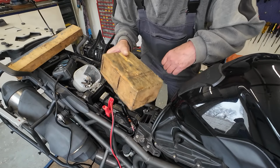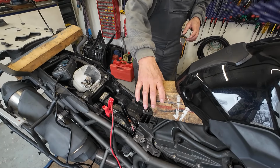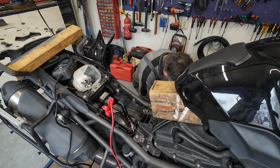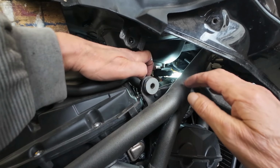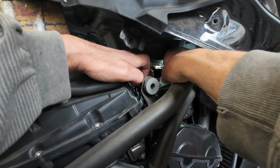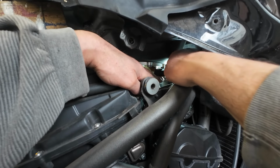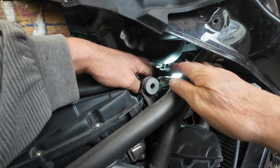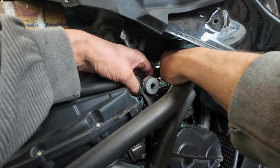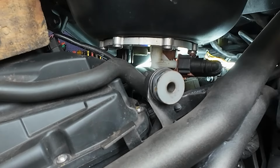Got a piece of wood. I'm gonna put it underneath here. Then guys, first we have to remove this clip thing, hop, like that. Then I have this pinch plier, and then